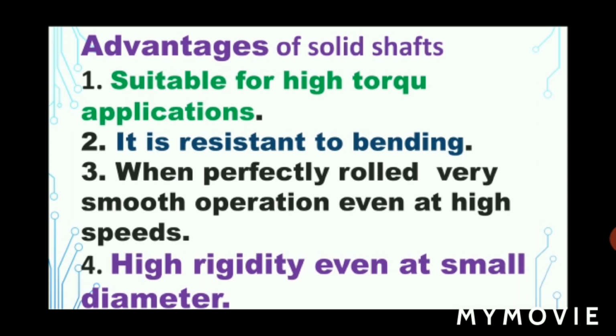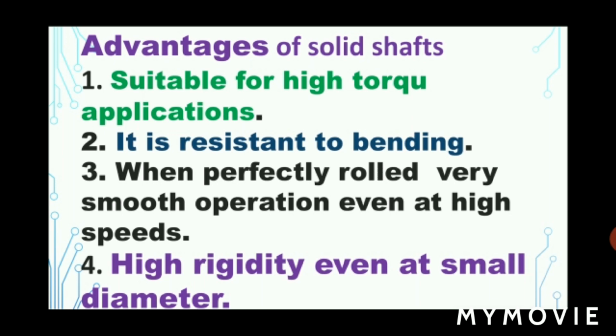That means whenever you have a high amount of bending, it automatically leads to the failure of a machine component. The entire stress will be located on that particular area, so the failure region will be concentrated on that particular location, right? So that is a very useful advantage regarding your solid shaft.